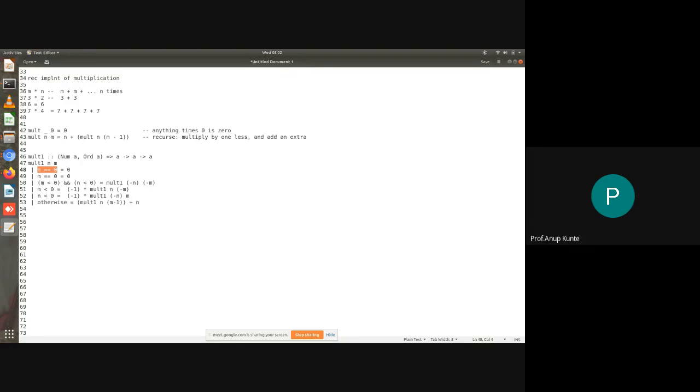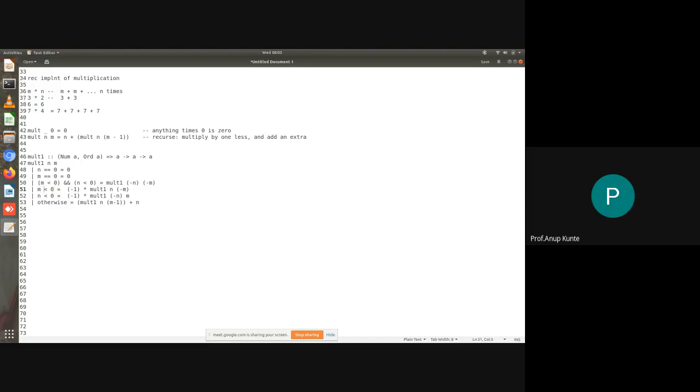Okay, because the subroutine that we have written over here can multiply only positive numbers. So we are taking care that the inputs that we provide to mult1 are turned positive before they are provided. We are also taking care that the result's sign is preserved. So if I multiply minus 2 with 3, 3 gets multiplied with 2, and the minus 1 again gets multiplied, so that the sign is reversed.